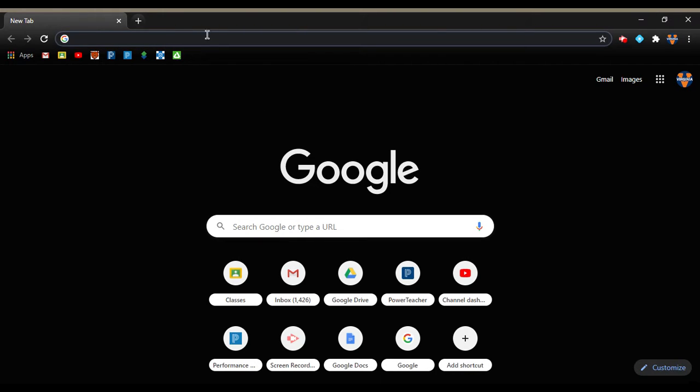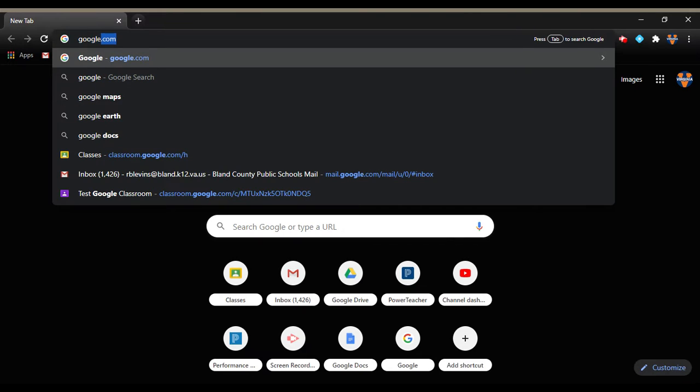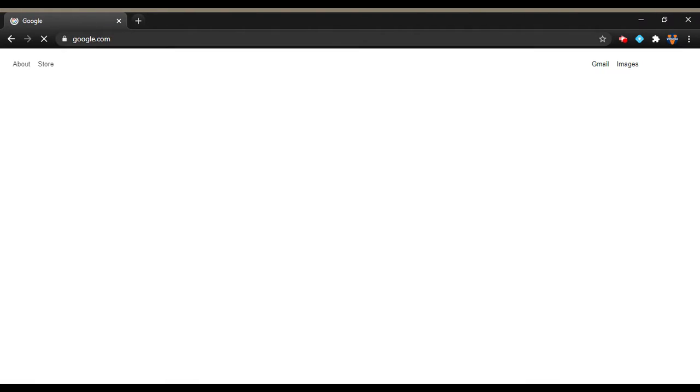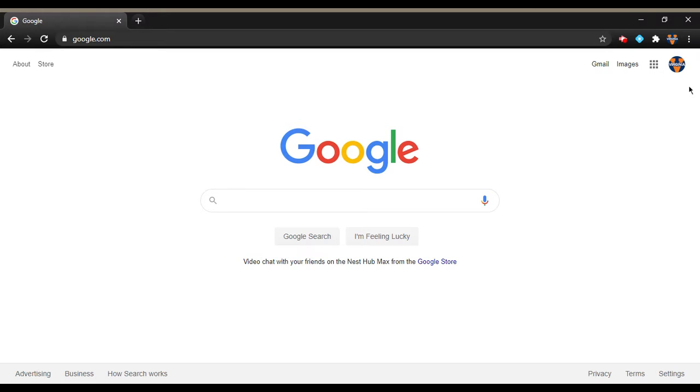So, what we're going to do is we're going to start off here in Chrome. If you're on your Chromebook, the browser that you'll use is Chrome, and if you don't already have it on a Google homepage or on a Google page, all you got to do is type in google.com. And if you go to that page, if you are signed into your school's email account, it's a Google account, you'll see your little profile picture up here, and then directly beside of that,